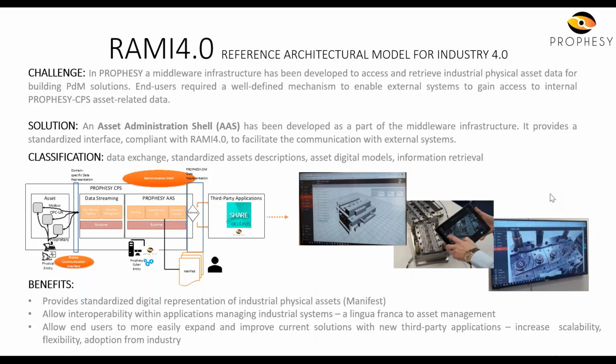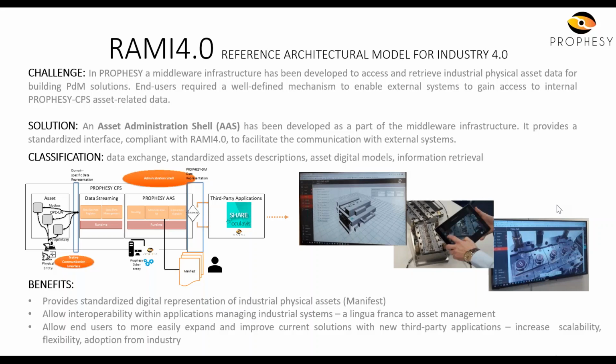So actually, the administration shell exposes the ForeSee data to the outside of the ForeSee ecosystem. The exposed data have a particular structure and are described within the manifest. The manifest actually is a meta model that describes the capabilities of the physical assets according to the specification of the RAMI 4.0. So actually, during the execution of the ProForesee project, we demonstrated the asset administration shell